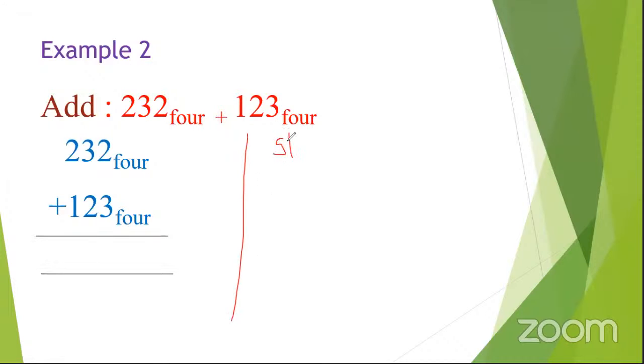You can call it side work, or part of the work. So we start from the right when we are adding. The order does not change, so we shall have 2 plus 3. We get answer 5. So ask yourself, do we have